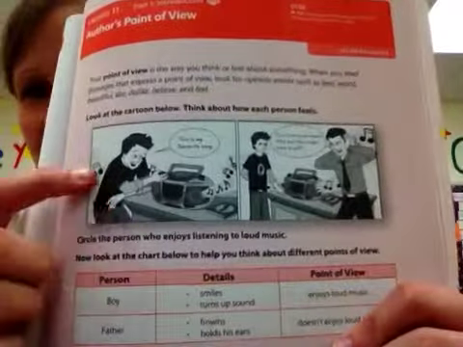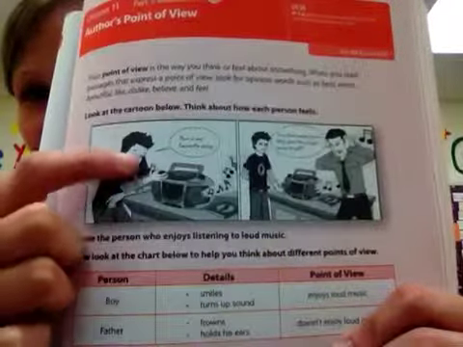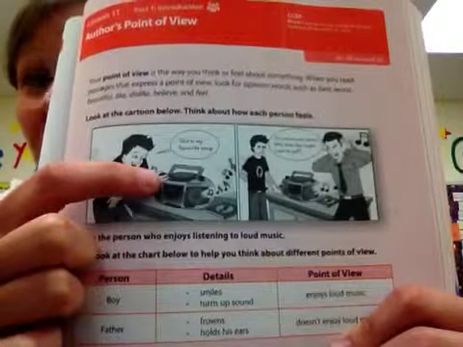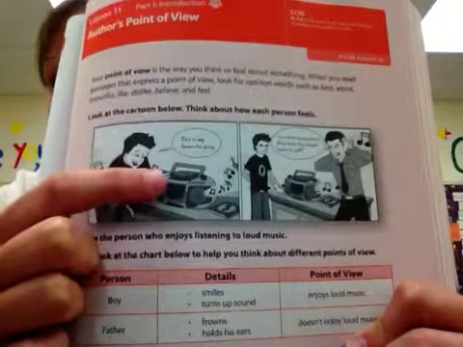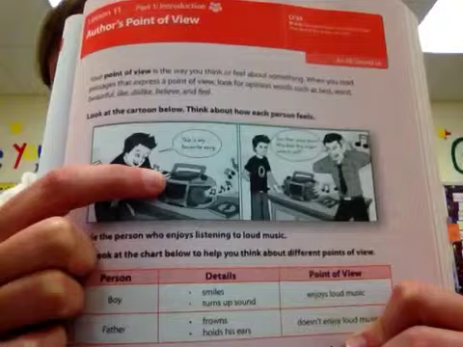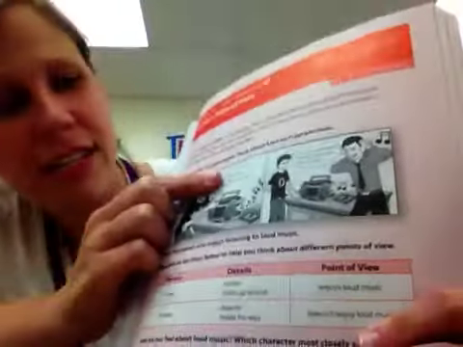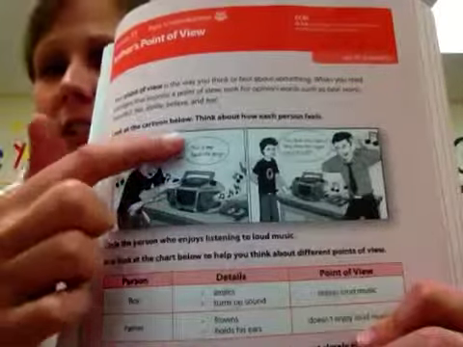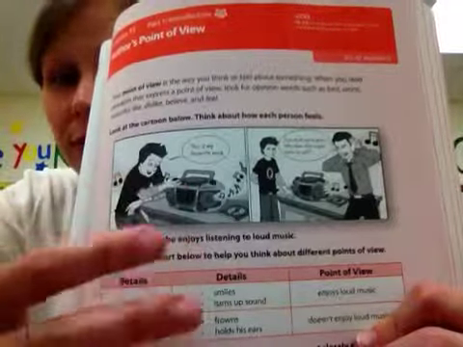Well, let's see. I see there are music notes here. I see he's got a smile. I see he's turning it up, it looks like. And I know when you're smiling, you're usually going to be happy. And I know when you're turning the music up, you're probably liking the song that you're hearing, right? And then he has a little speech bubble that says, "This is my favorite song." Well, I can put all of these clues together and figure out his point of view on the music.